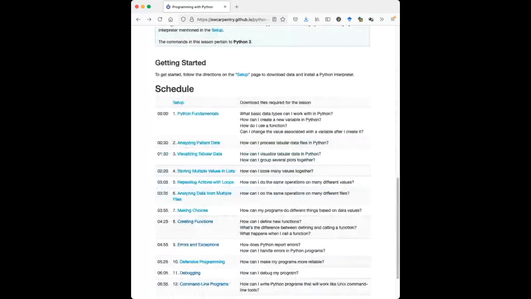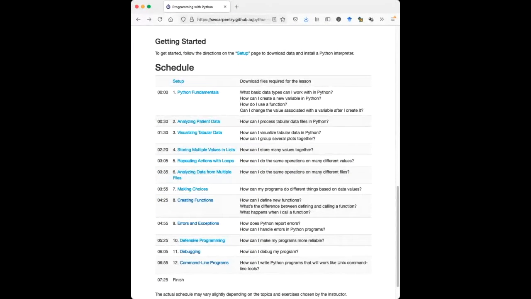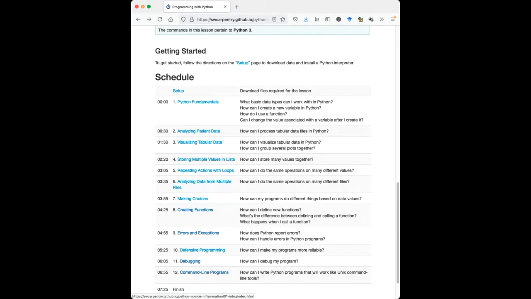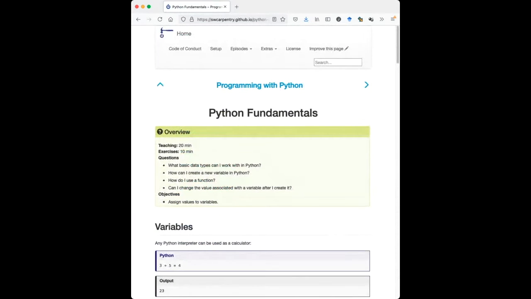The course is fairly long. There's material to cover about 7 hours and a half. Today's course is 3 hours, not including the break, so we will try to cover as much as possible to give you the basics. So let me make a start with the fundamentals. We'll jump to the first section,